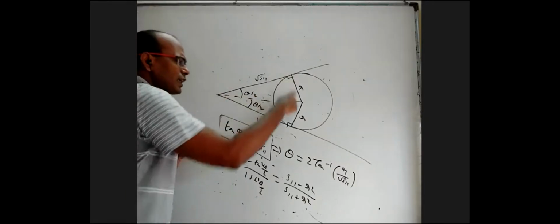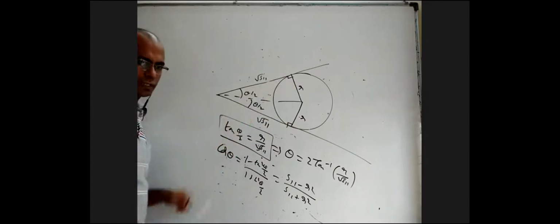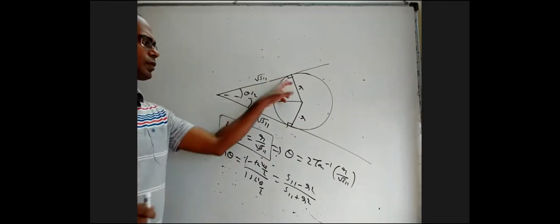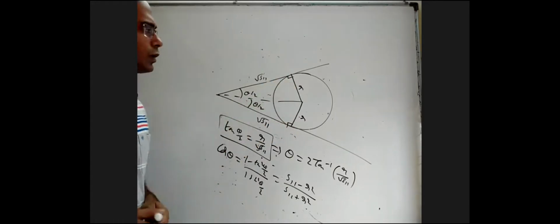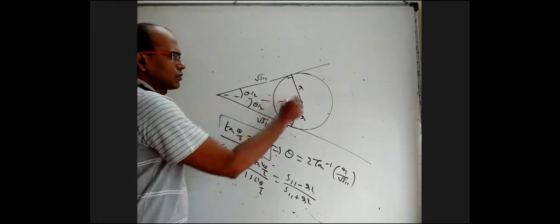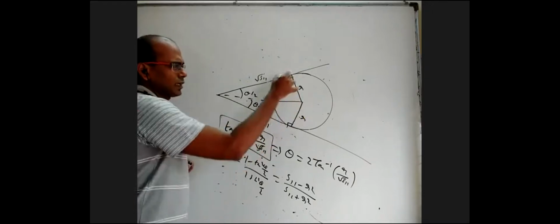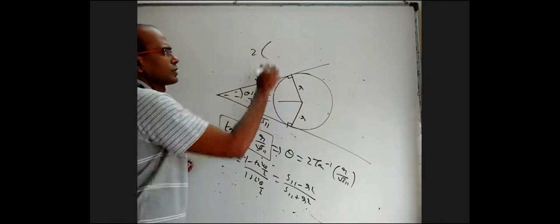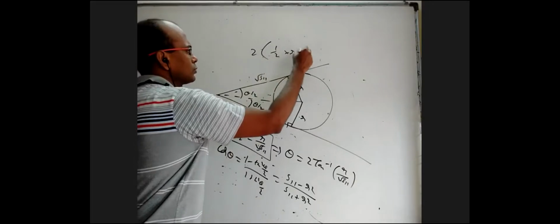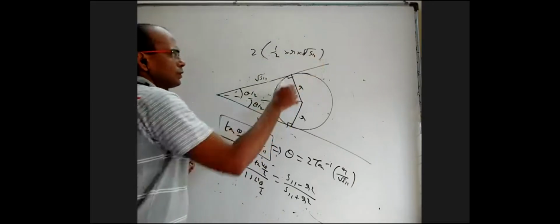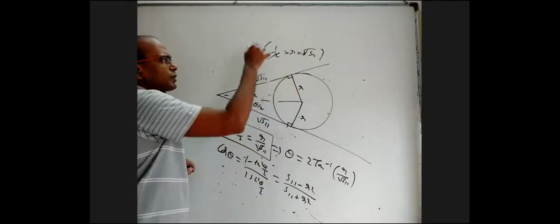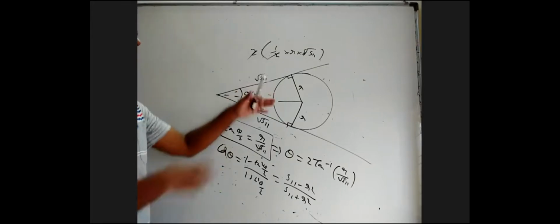And somebody can ask the area of this whole quadrilateral, which is a cyclic quadrilateral because the sum of opposite angles is 180. It is made of this one right angle triangle and this another right angle triangle. This triangle's base is r and height is root S11. So 2 times this area is half into r into root S11, the area of this right angle triangle, 2 times cancels. So this total quadrilateral is r into root S11 is the area. You don't have to remember it as such. It's such a simple thing.